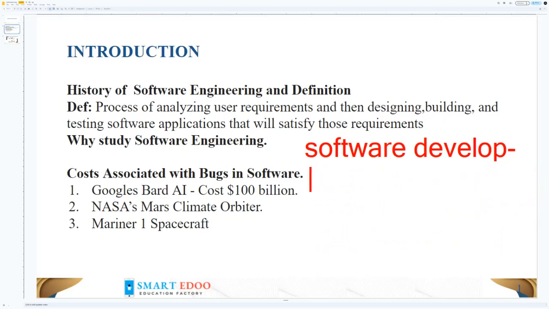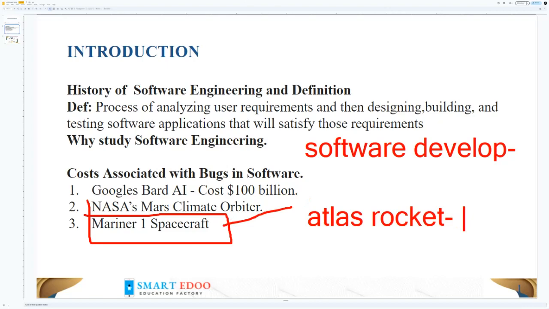Another one is the Mariner 1 spacecraft. This was a spacecraft developed to explore Venus. It was on board an Atlas rocket, and in this rocket we had a guiding system with guiding equations.